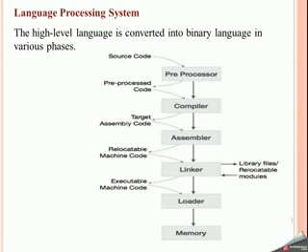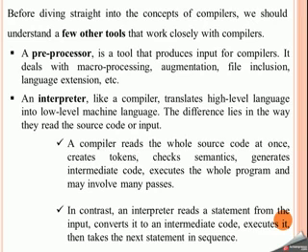However, we will try and have a look into what additional tasks these different tools do. Okay, so the preprocessor, from the diagram it's clear that it takes in the source code and generates a pre-processed code. Okay, so the preprocessor generates the output and gives it as an input to the next phase, that is the compilation phase. Apart from that, what the preprocessor does, it also deals with augmentation, language extension, macro processing, file inclusion, apart from producing the input for the compiler.